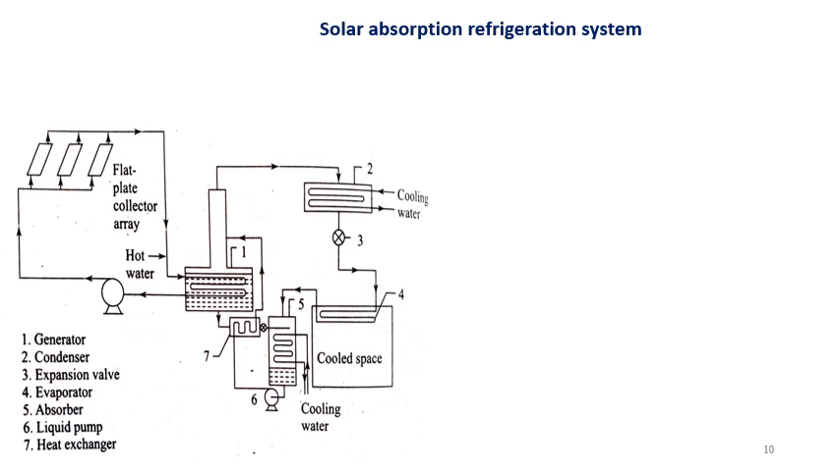A solar system consists of a generator, condenser, expansion valve, evaporator, absorber, liquid pump, and heat storage. So I hope you know about the absorption refrigeration system. The only thing is that here the energy required for heating the refrigerant is solar energy. Okay,